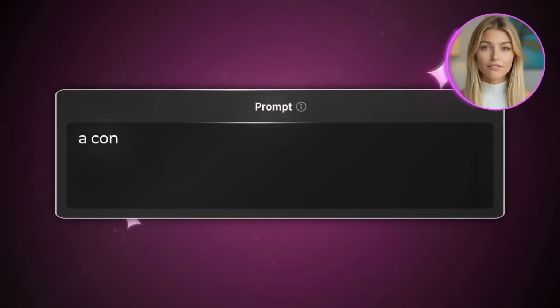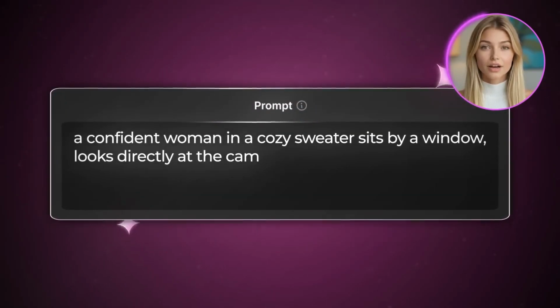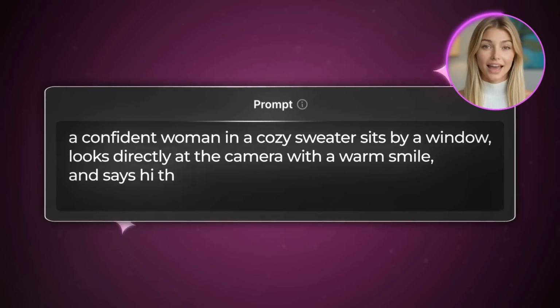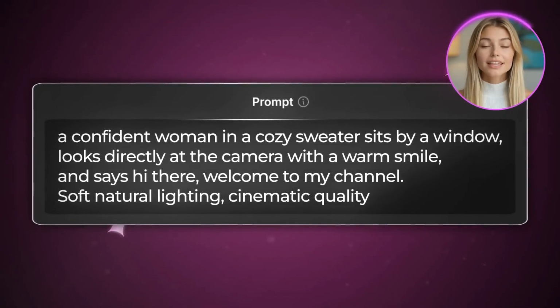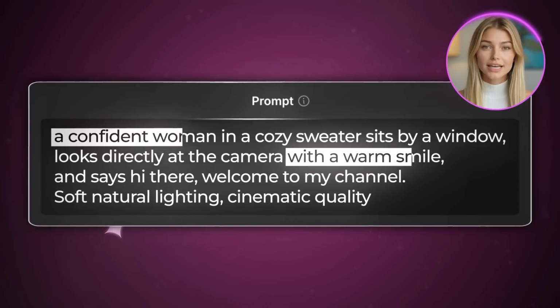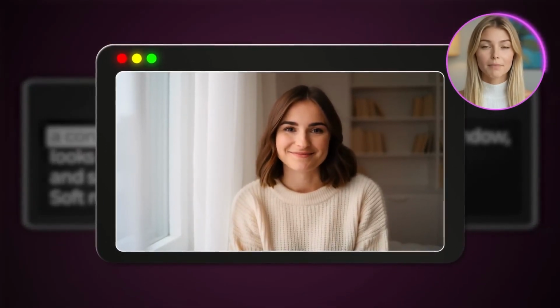For example, a confident woman in a cozy sweater sits by a window, looks directly at the camera with a warm smile, and says, "Hi there, welcome to my channel." Soft, natural lighting, cinematic quality. The key is being specific about emotions and expressions, because Kling excels at those subtle facial movements that make characters